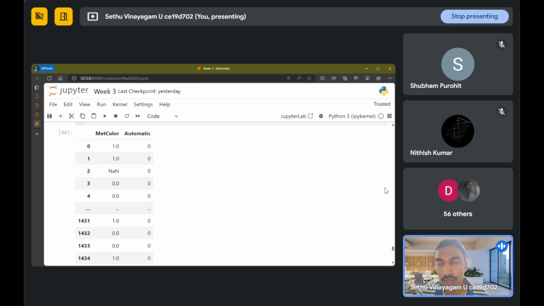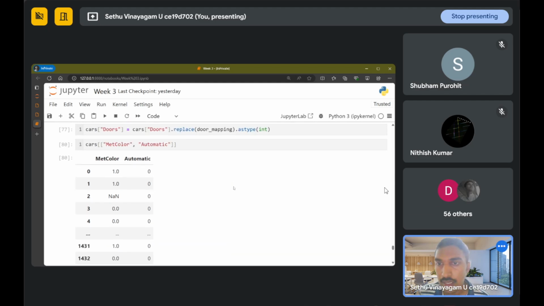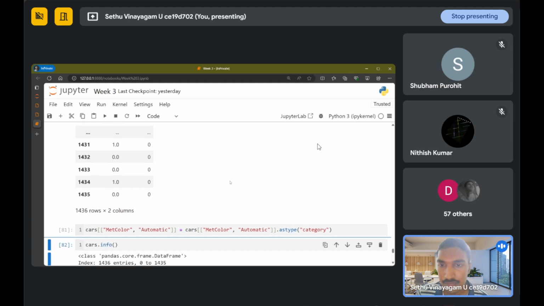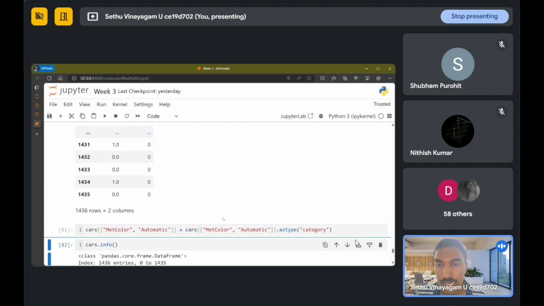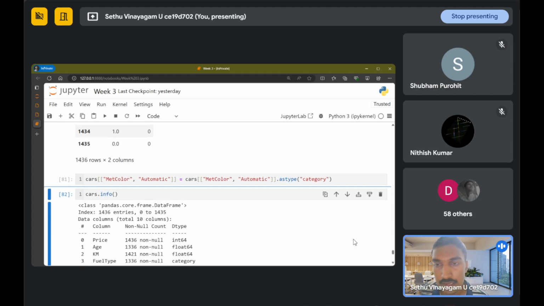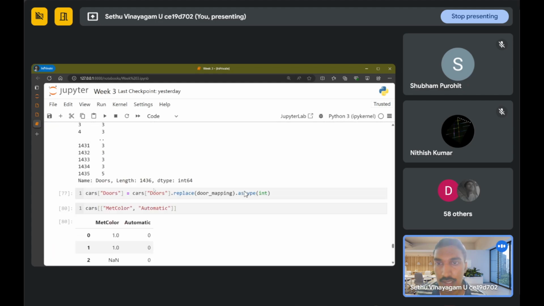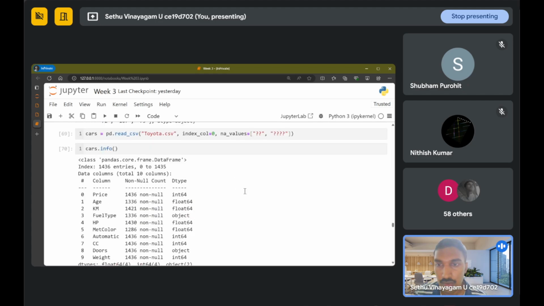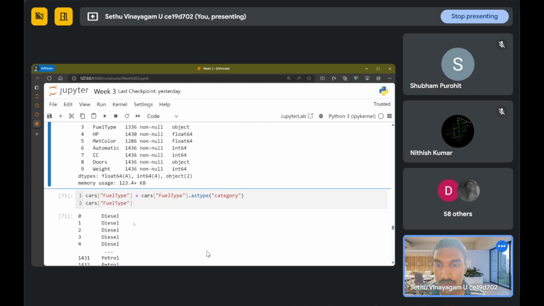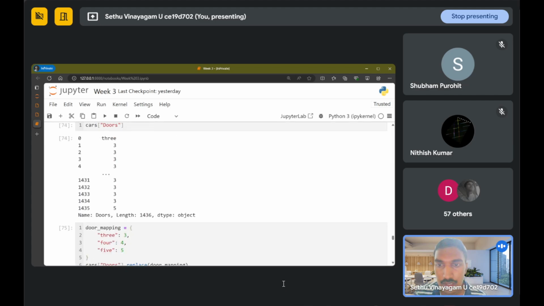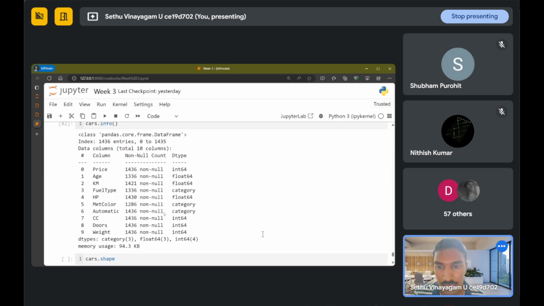And when you have very few number of categories, that is the case usually. So in that case, you can convert the type of the data. Instead of storing this as integers, floating point numbers, or strings, if you convert it into a category, what you will get is an efficient way of representing them in the memory. So you'll get some space savings. So what happened here? So initially we started with 123 I think kilobytes, right? So when we didn't do any changes and everything was represented as a string, we had 123 kilobytes of memory use. And after we had changed some of these columns into categories as appropriate,